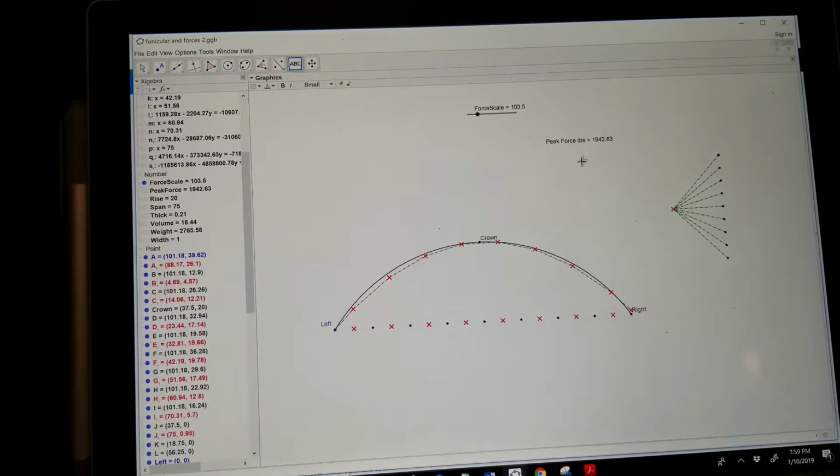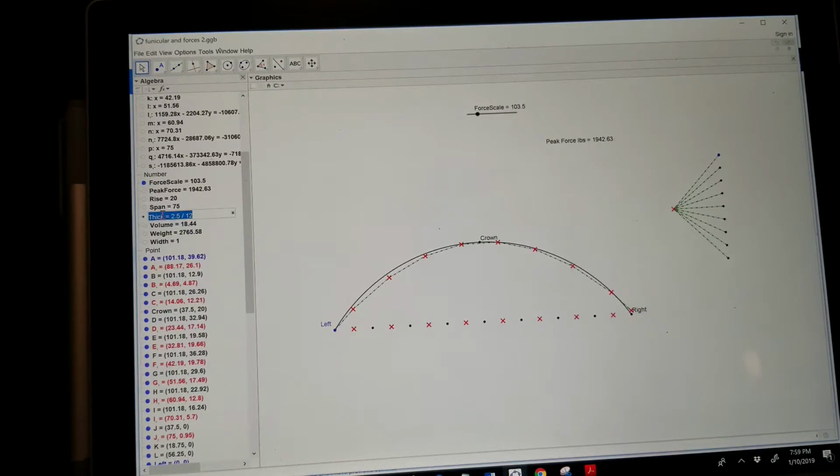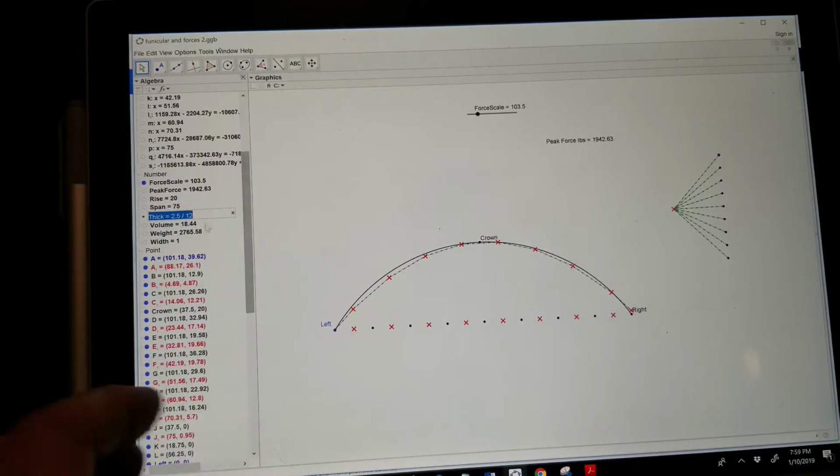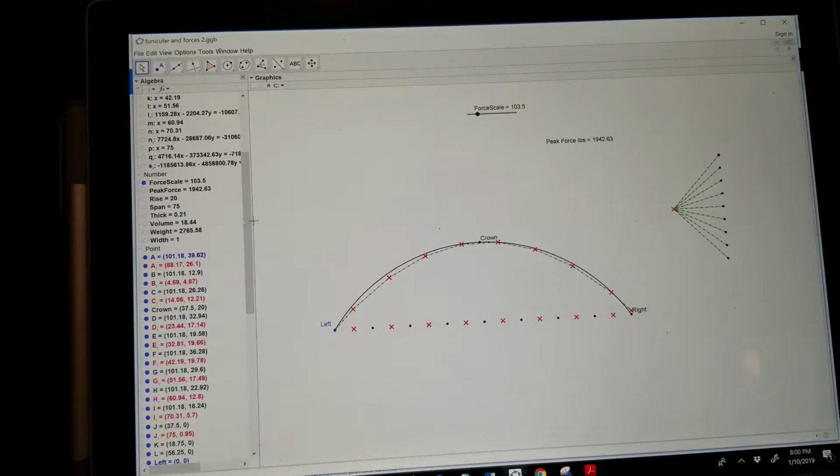So that's pounds, and now the peak stress will be that peak force divided by the cross-sectional area. Just be careful with units here because our width was in feet, right? 1 foot, and our thickness was 2.5 over 12. So that was also feet. So we want to change that to inches. So peak stress